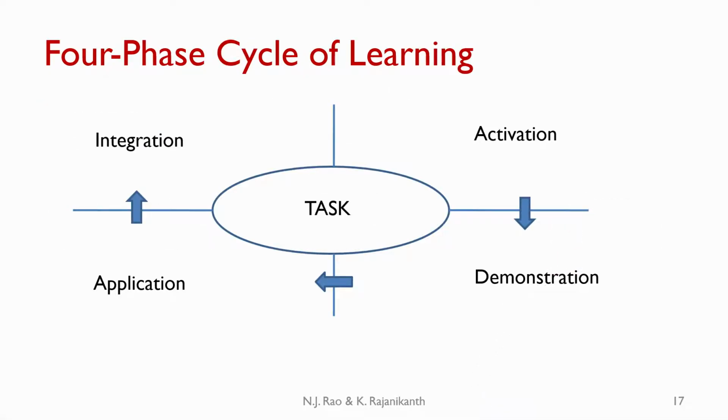So, we can look at Merrill's model as a 4-phase cycle of learning centered around a whole task, a realistic task, a task whose nature is quite similar to the kind of tasks that the learners will face in their professional life. So, the first phase is activation, where the prior mental models are invoked, preparing the learners to receive the new information. The next phase is demonstration, where the instructor demonstrates the competency that is to be acquired